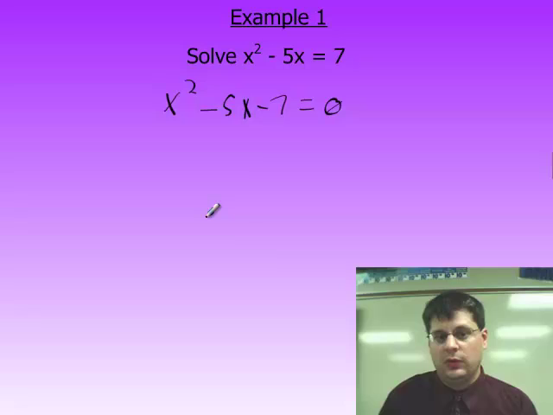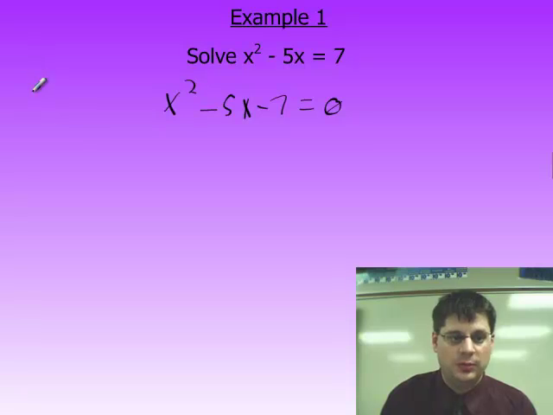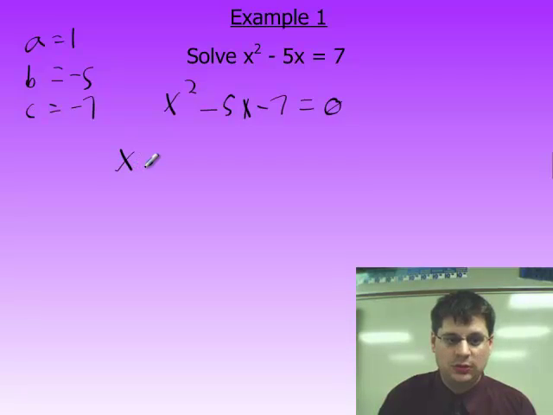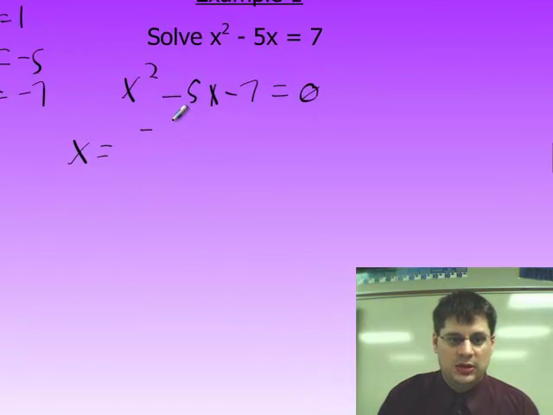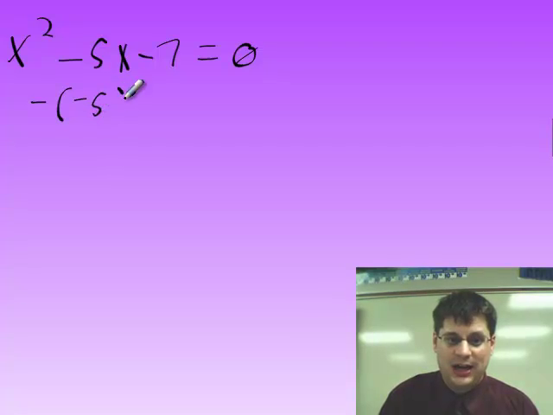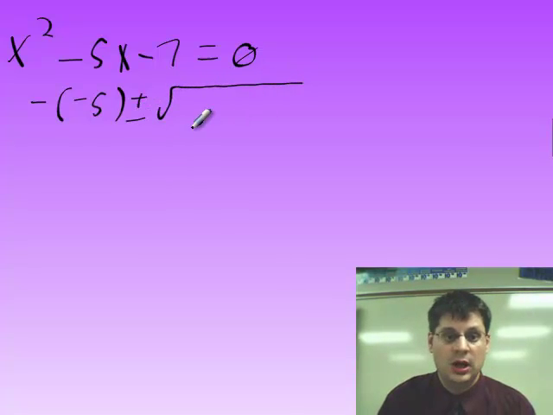And now we are going to substitute our values into the quadratic formula, remembering that a equals 1, b equals negative 5, and c is equal to negative 7. So x equals, remember, we're trying to solve for x. What does x equal? It's negative b, so negative, and in parentheses, negative 5. So parentheses are our friends, so use them when you're substituting in numbers. Plus or minus the square root of